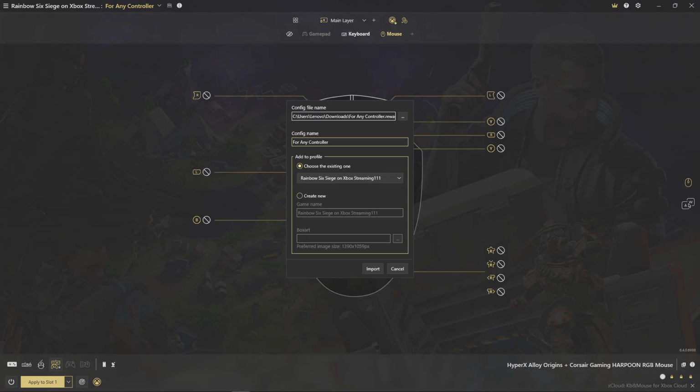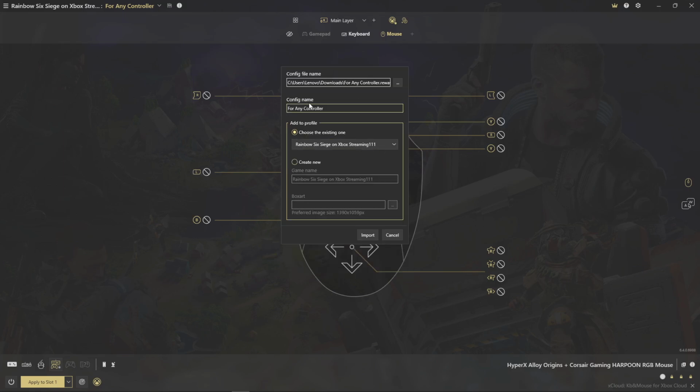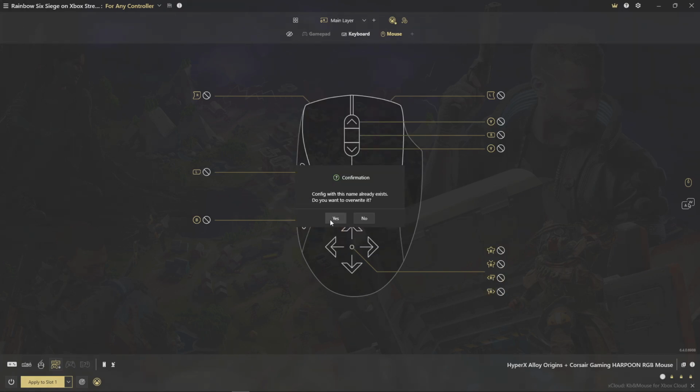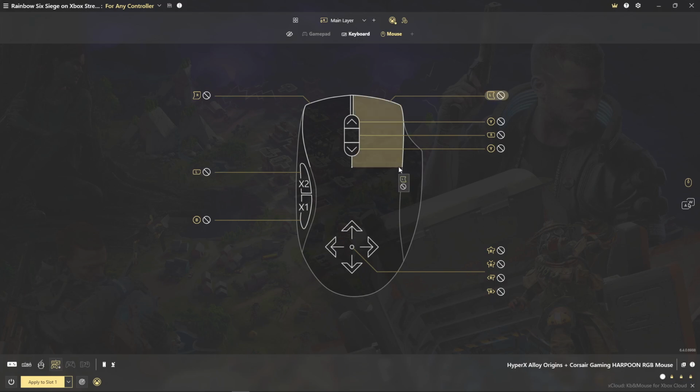All right, I found it. So now you want to find it. You want to double click it. So you want to pull out this right here. Okay. You want to choose the existing file name. All right. And then click import. So I want to overwrite it because I'm reloading it. All right. So it's going to be all the keybinds